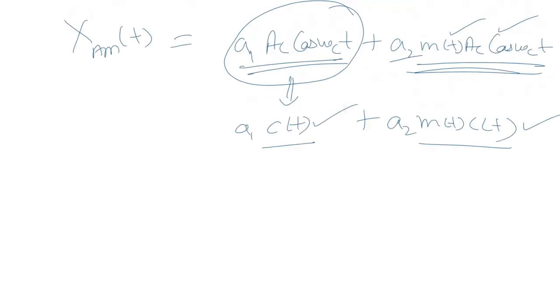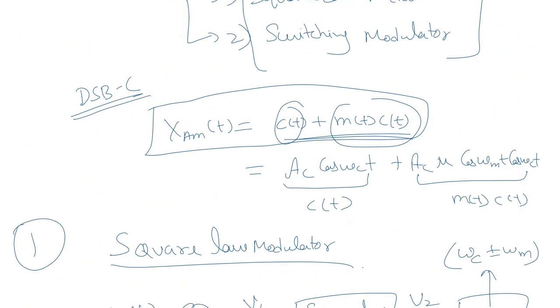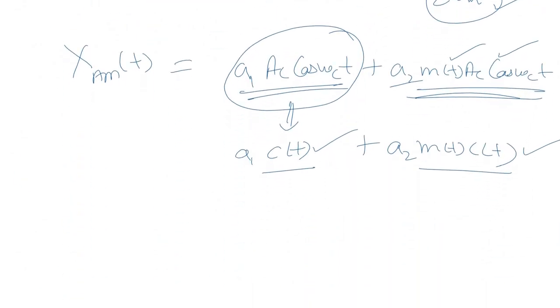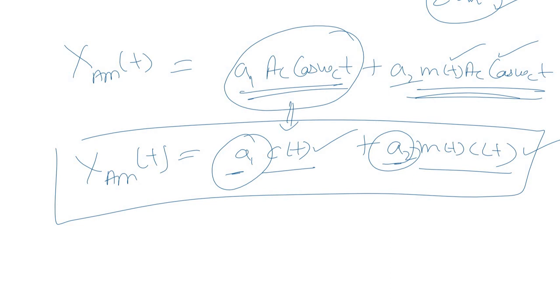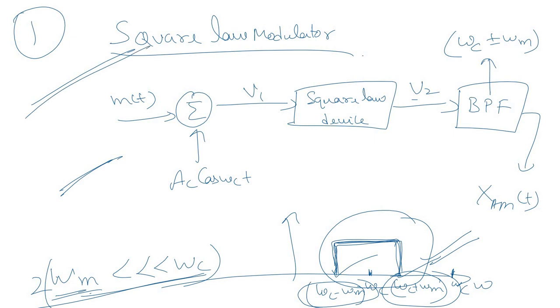And as we have seen in the starting of this lecture, this DSBC or conventional amplitude modulated signal has a general expression like this: carrier plus multiplication of these two. We don't have to worry about these scaling factors. These can be eliminated at any point in the circuit using some discrete elements, making a simple amplifier circuit. So that means the resultant is nothing but your double sideband with carrier signal, or conventional amplitude modulated signal. So this is how we generate the DSBC type of signal using a square law modulator.